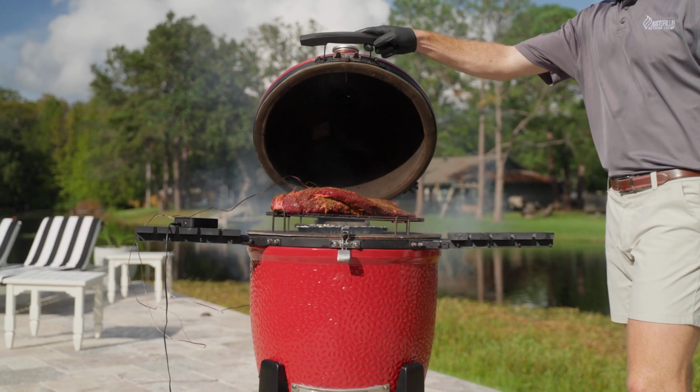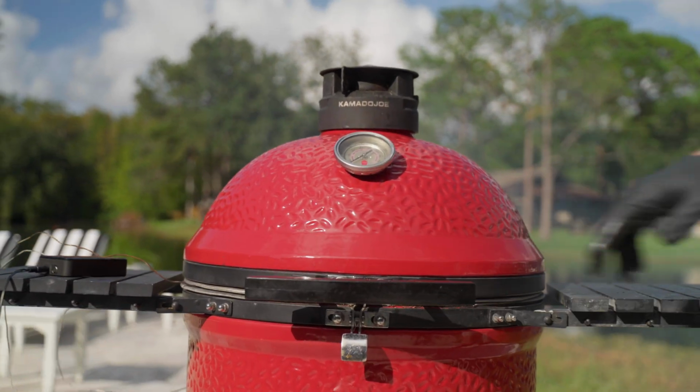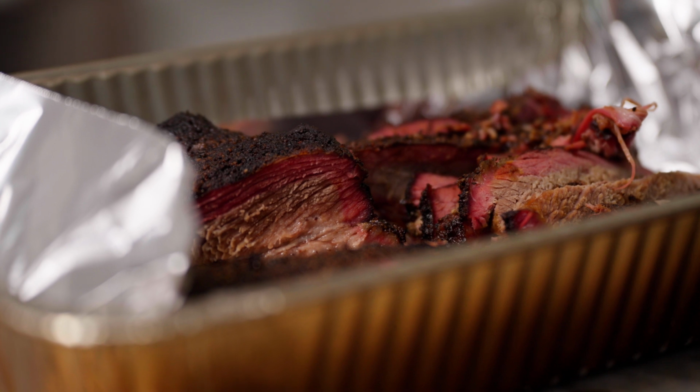So let's recap our cook overall. It took about 14 hours from start to finish, and we didn't have any issues with airflow, and we didn't have to add in any more charcoal. The cook was pretty stress-free and mild,